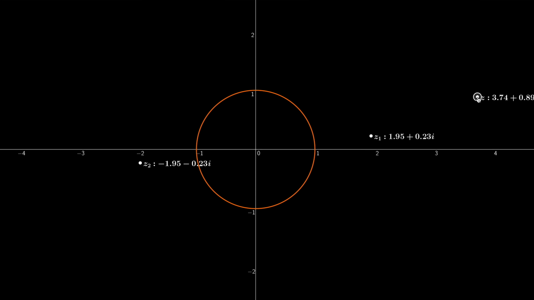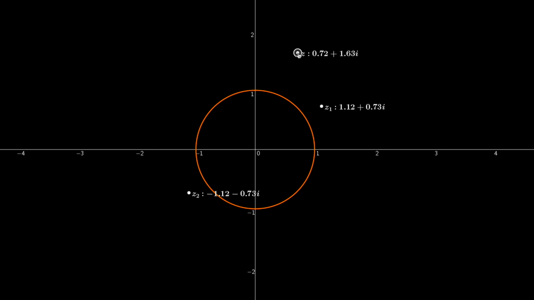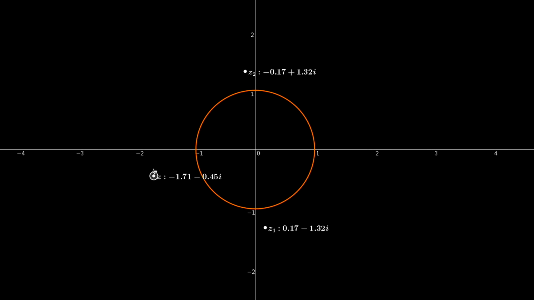So we no longer have the issue of there not being solutions. There's always 2 solutions when you take the square root of a complex number. And nicely, if I bring z down to be 4, you can see, watch, z1 and z2, the 2 roots perfectly align with 2 and -2. So of course it collapses down to the real case. It's worth noting this is subtly different to the trumpet because we're only ever taking a square root, not different powers. But what I'm trying to say is if we take the square root of -2, you get 2 complex roots. The question now, though, is what about other roots, cube roots, fourth power roots, etc.?